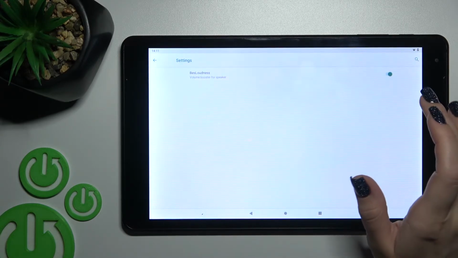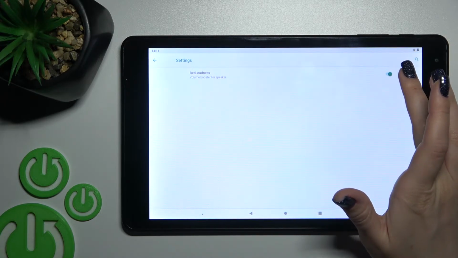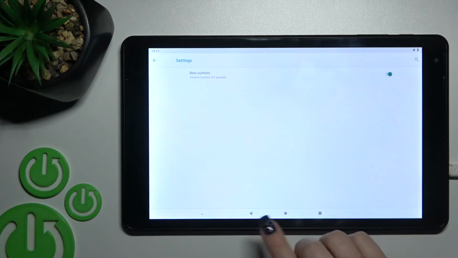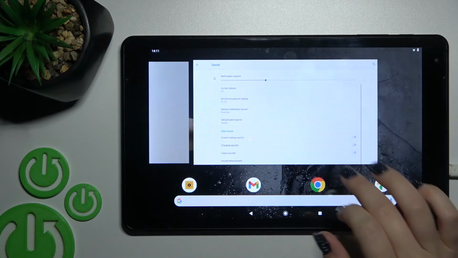And here we can also activate or turn off the volume booster for the speaker. And that's it. That's all of the sound settings on our